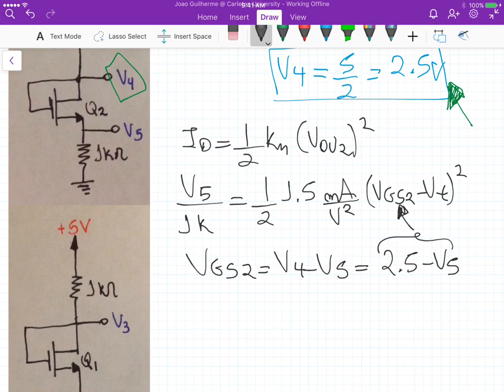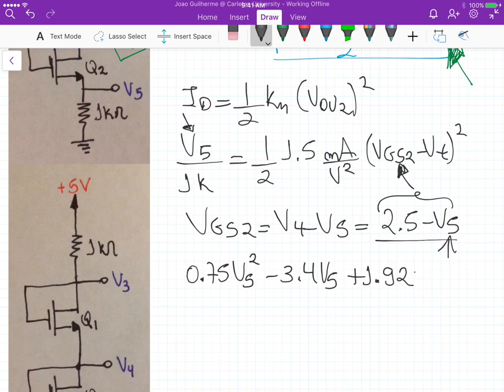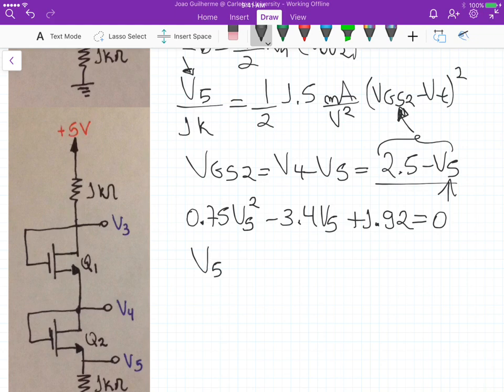And again, we are going to have a quadratic equation, where we have to use the quadratic formula to solve it. So if we substitute this one in VGS2, we can isolate V5, right? V5 here and here. And the quadratic equation that we have is 0.75 V5 squared minus 3.4 V5 plus 1.92 equals 0. And this gives us two solutions for V5. So we'll call V5_1 that's 3.87 volts, and V5_2 equals 0.66